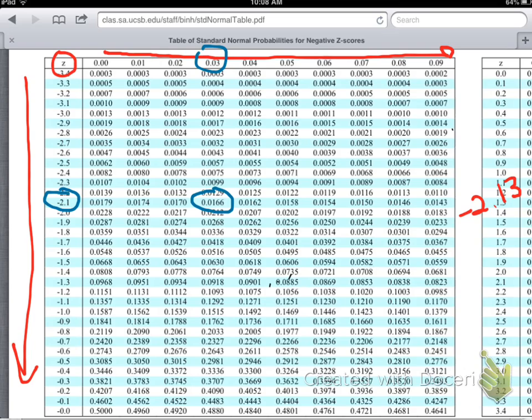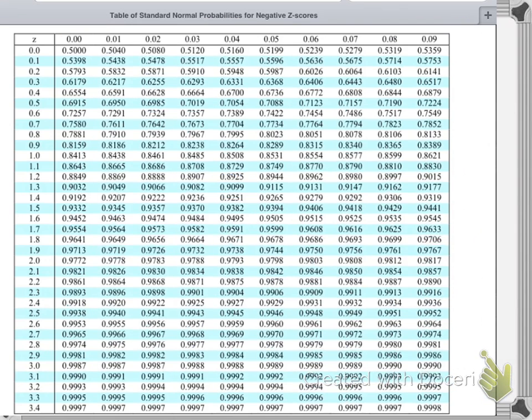You'll notice in your book, and also on this table that I'm showing you right now, the z-scores are split into positive and negative scores. So for instance, the table I'm looking at right now just has negative z-scores. I'm going to move on to the next slide. And this has the standard normal table for positive z-scores. The standard normal table in your book works the same way. On one side of the page, it shows the positive z-scores, and on the other side, it's the negative z-scores. So let's say, for this example, I want to look up the value from the table for a z-score of